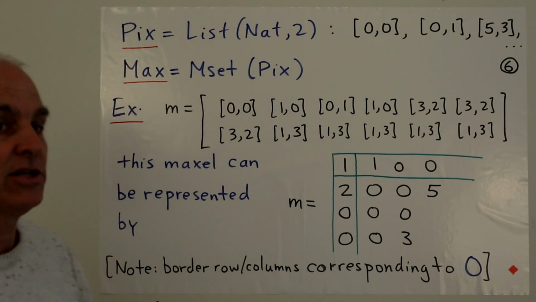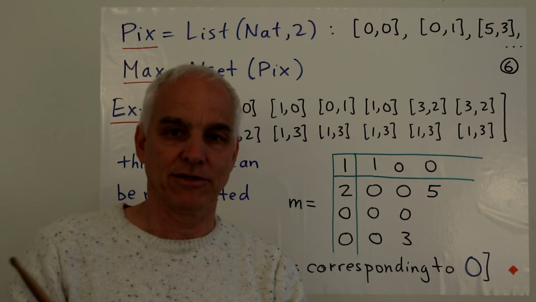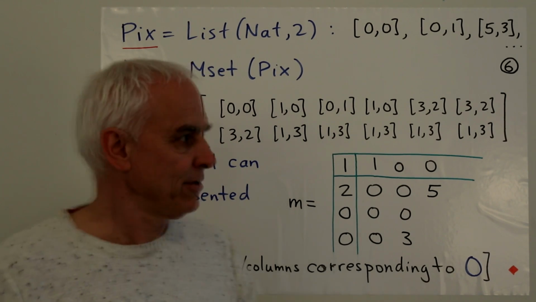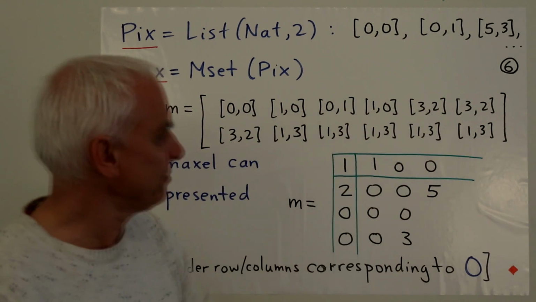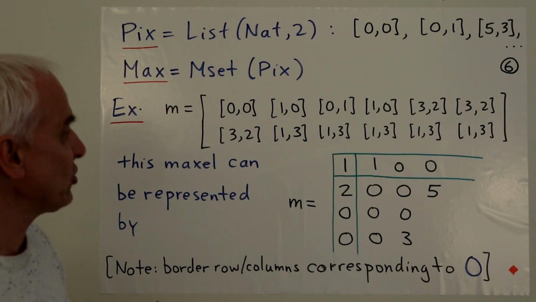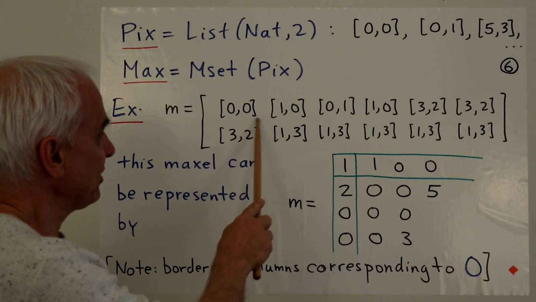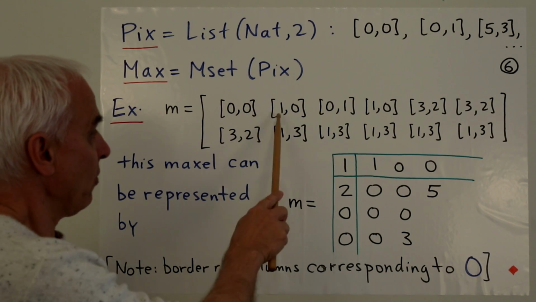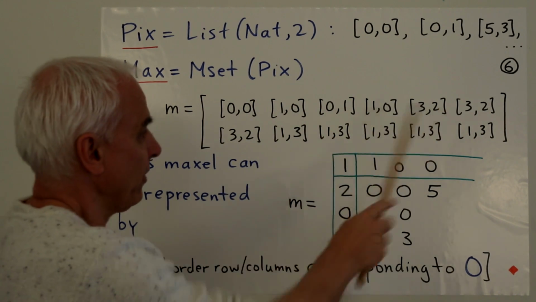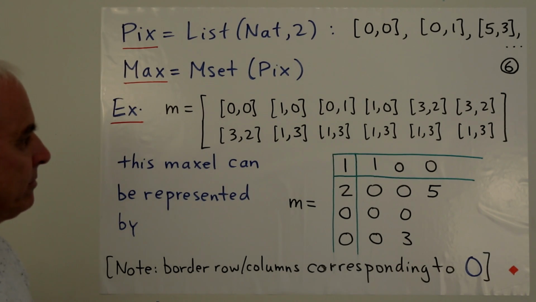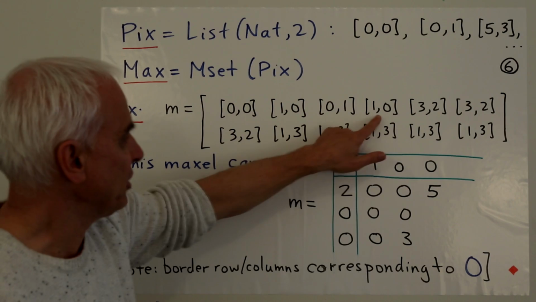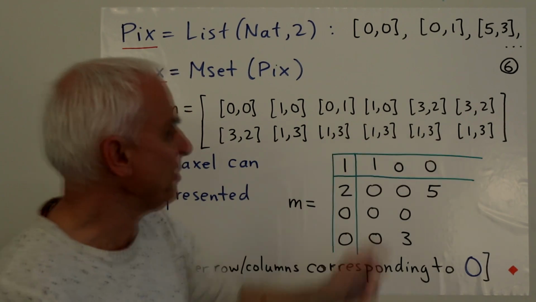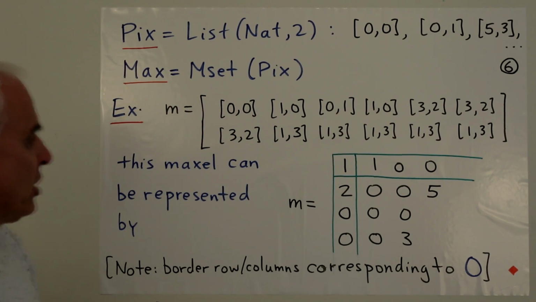And then a maxil is an M set of pixels, a multiset of pixels. So for example, here is a maxil, and it's a maxil involving pixels 0, 0, 1, 0, 0, 1, 1, 0, and so on. The order doesn't matter. Repetitions are allowed. There's quite a bit of repetition there. So we can